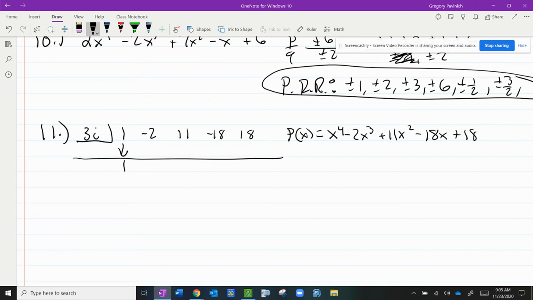Bring down my 1. And remember, if I want to find all of the solutions, isn't that what they want to know? I want to find all zeros. So I know if I have 3i, I've got 3i. Right now I'm down to 2. So let's go find them. They could be complex too. I could come down to the quadratic, put it in the formula, and get no x-intercepts. So just like the square root of 3, I'm just going to use i. So I get 3i. And just like the square root of 3, I can't combine my real and my imaginary,